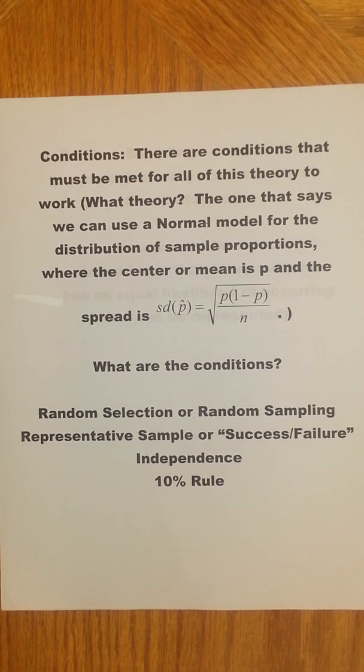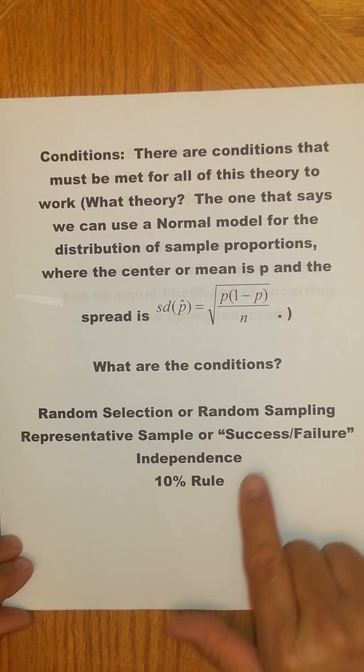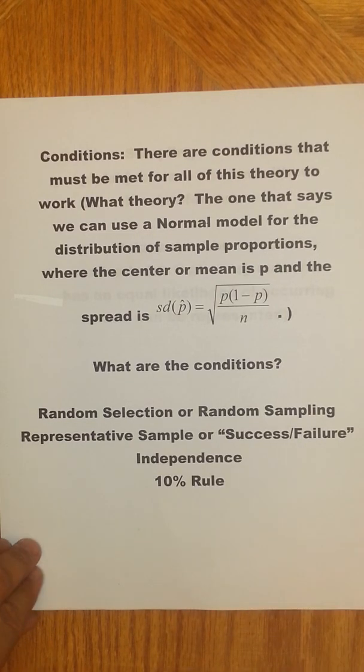Random selection, or you could say random sampling. Representative sample, or success failure. Both of these are synonymous in what they're trying to say. Independence and the 10% rule, right? So now,